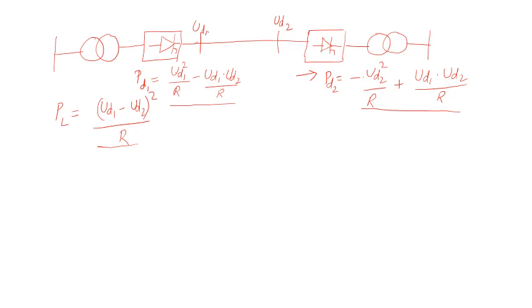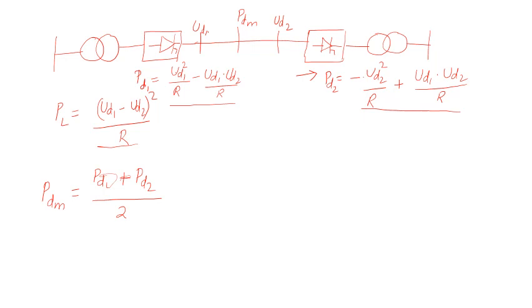We are concerned about the power flow at the middle of the line, so I am denoting it as PDM. What is the power at the middle of the line? Mathematics tells us that if you have power at the ends of the line, the power at the middle of the line will be the average of these two. So PD1, that is the rectifier side, plus PD2, divided by 2 to take the average.